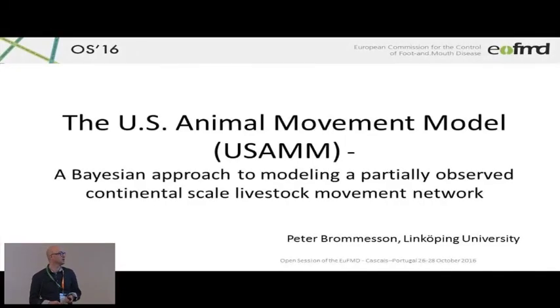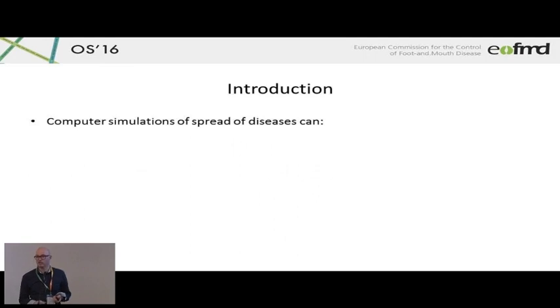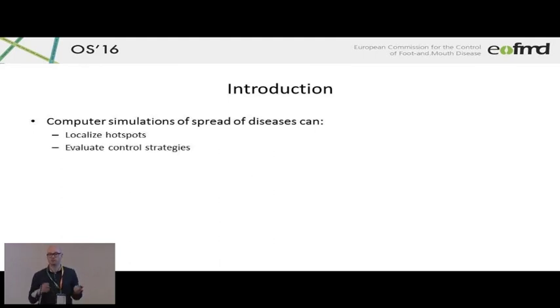So I'm here to talk to you about the US Animal Movement Model, USAMM, a Bayesian approach to modeling a partially observed continental scale livestock movement network. Computer simulations can be a valuable tool when trying to model the outbreak of FMD, and they can help us to localize hotspots. Through simulations, we can evaluate control strategies such as movement bans, culling and vaccination strategies, and